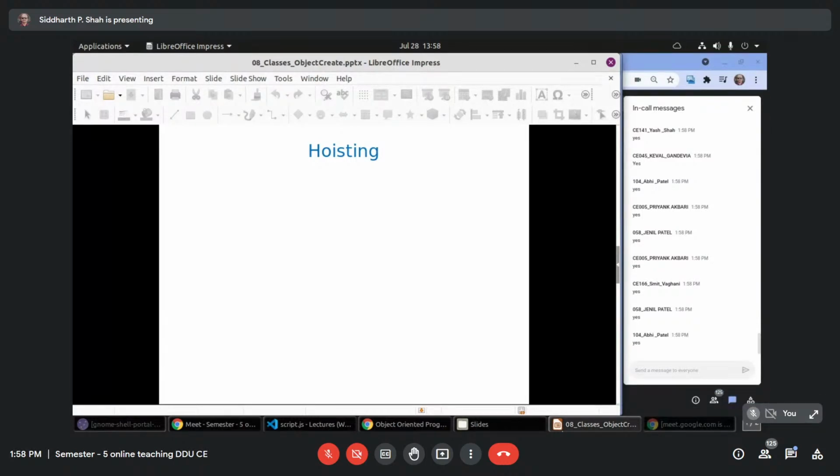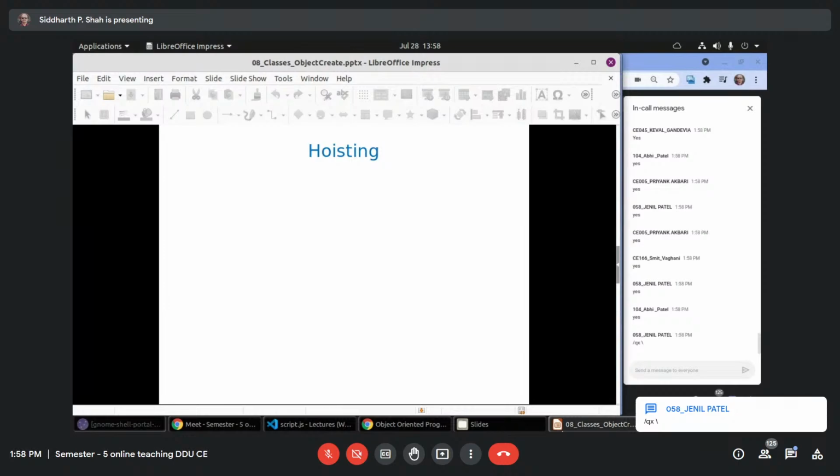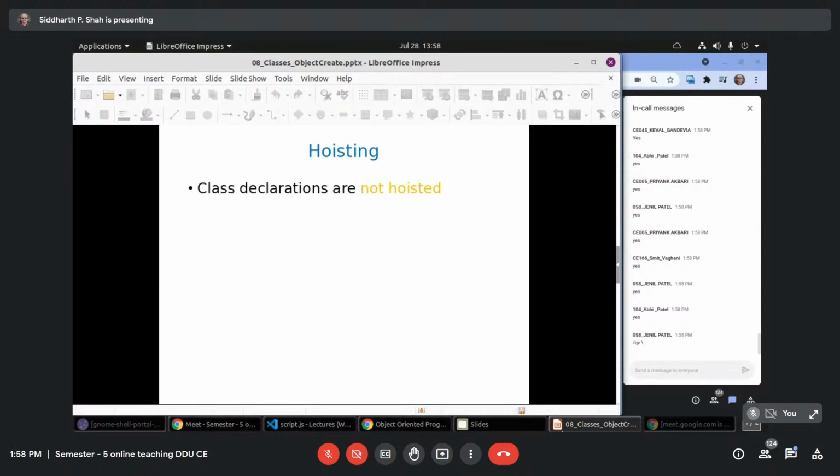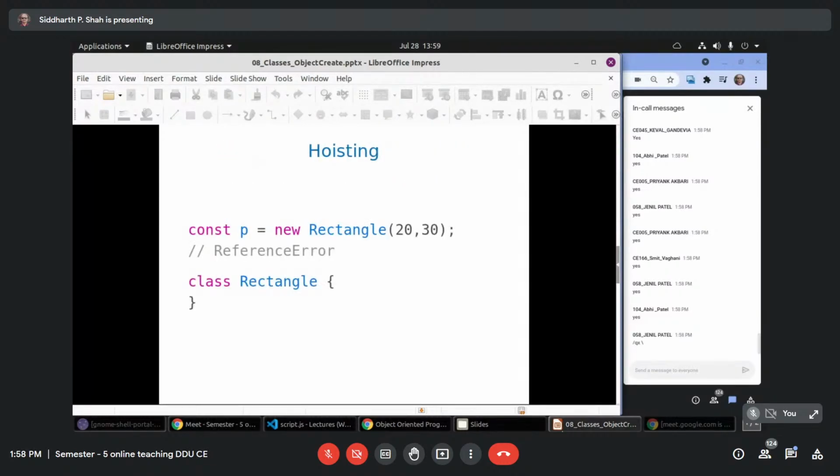What about classes? Class declarations are not hoisted. It means if you want to use any class to create an object, that class must be defined first. So I can't use a class to create an object before I declare it. This is not allowed.